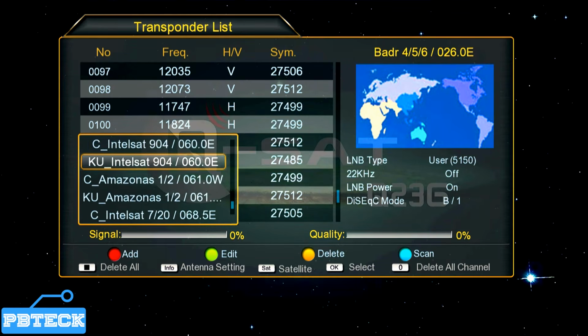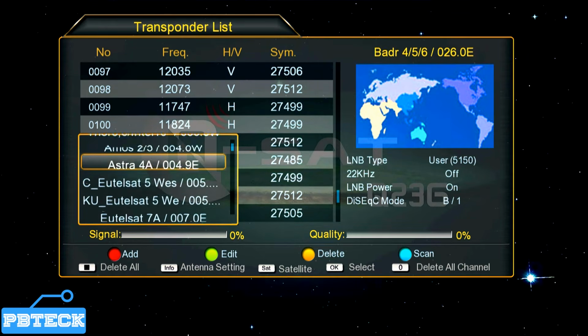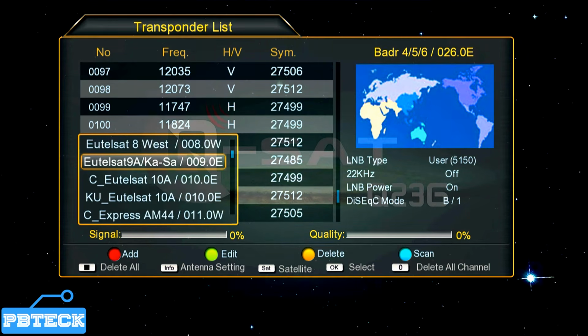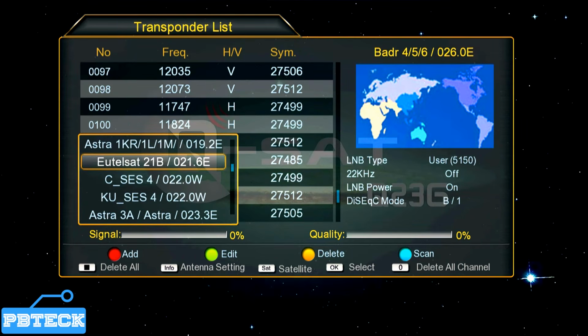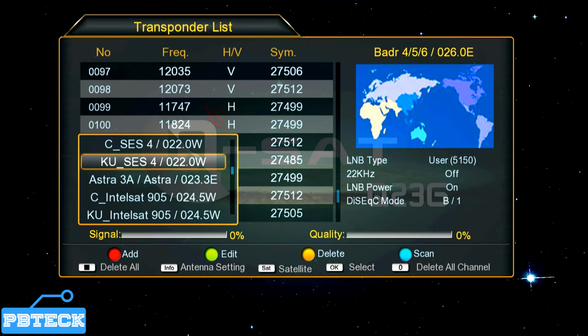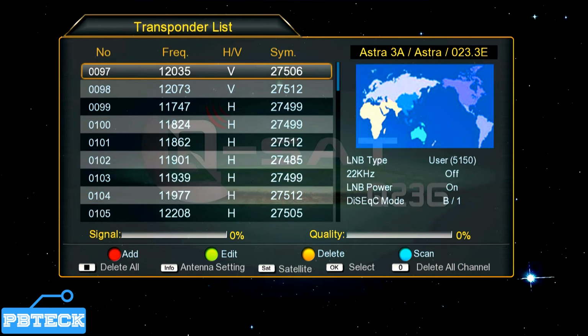So after selecting the satellite, the next thing is to add the TP. With the TP you have some commands down below: red to add, yellow to edit, and green to delete over there. You press the red button on the remote for the add menu to open up, and you add the TP, which is